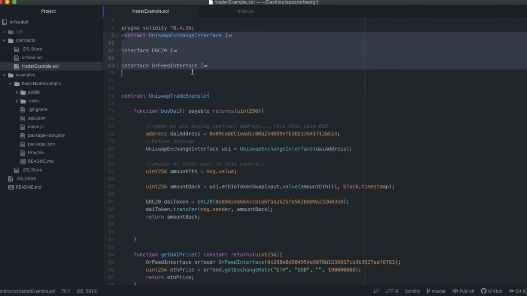So none of this is our code. This is just an interface that allows us to, for example, interface with the Uniswap exchange, ERC20 tokens, and the OrFeed Oracle for pricing data. All right. So we're using those. We'll talk about those more down the road.